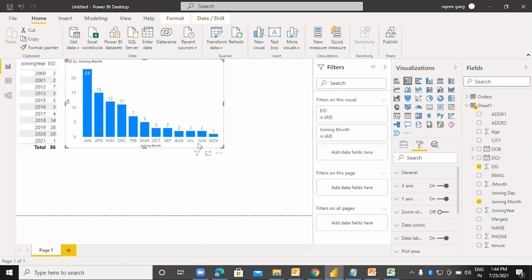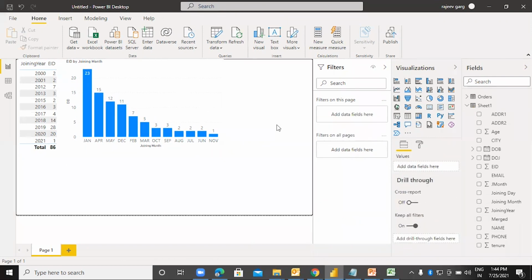Let us take one more example. Supposing I wanted to find out on which day of the week we have the maximum number of joinings. So again, let me take a copy of this.